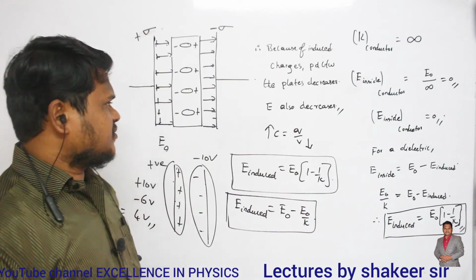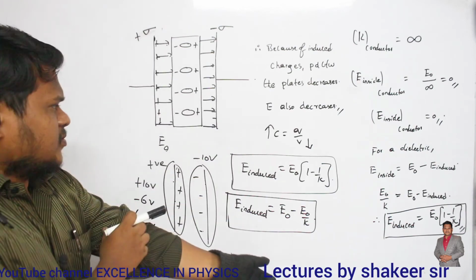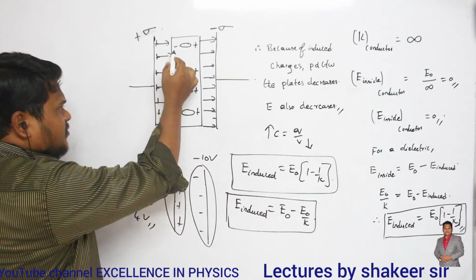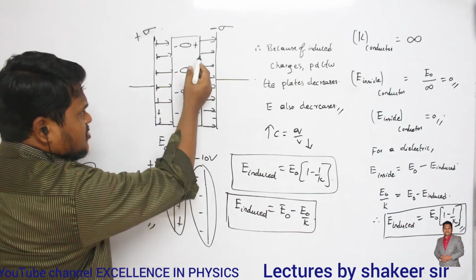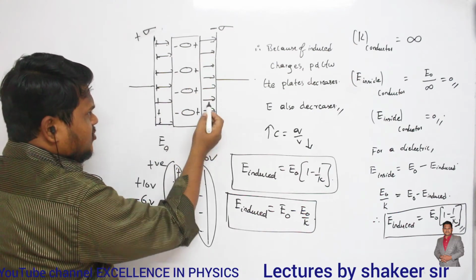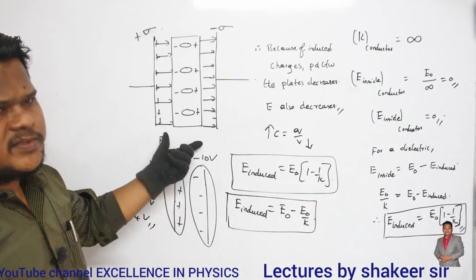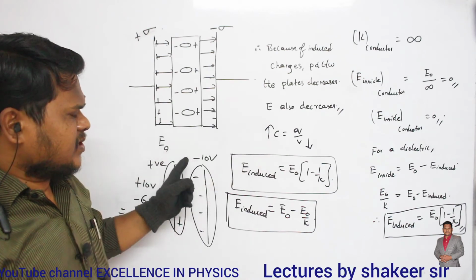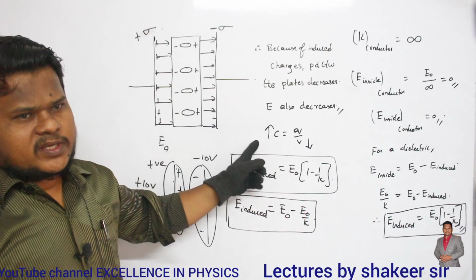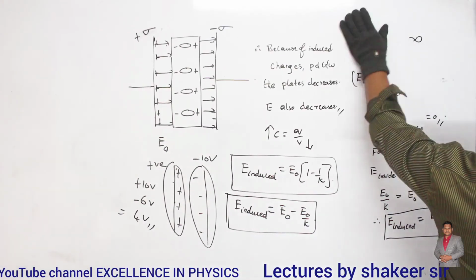Okay. So first of all, make a note up to here, and this one you can write in your own words. So what you can write? Because of negative charges, potential in positive plate decreases. Similarly, because of this positive charges, negative potential on the negative plate decreases. So finally, potential difference decreases. If potential difference decreases, E value also decreases. If E value also decreases, capacitance of the capacitor will increase. So therefore, I can add more number of charges onto this capacitor. Okay, ma? So therefore,